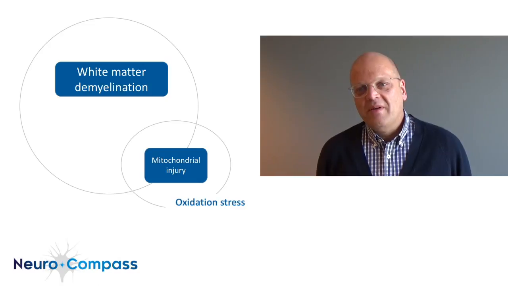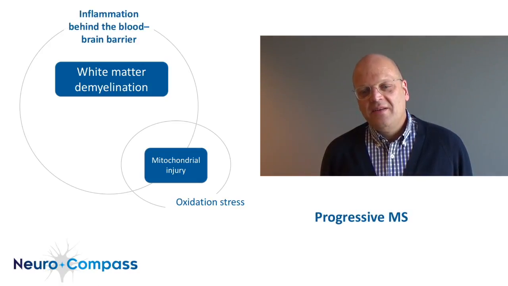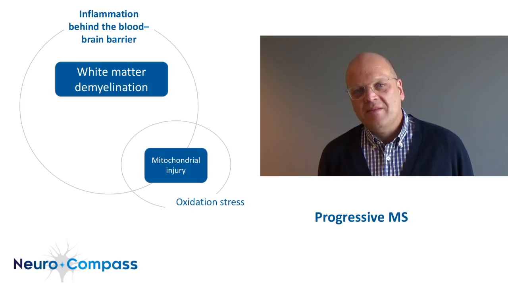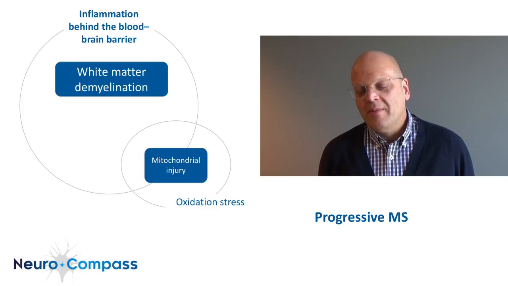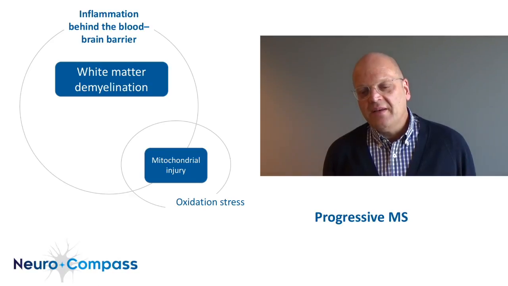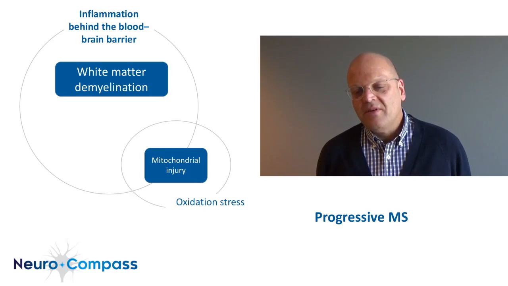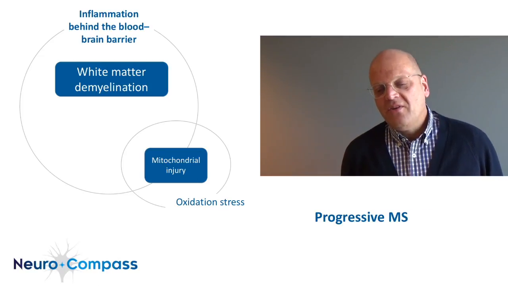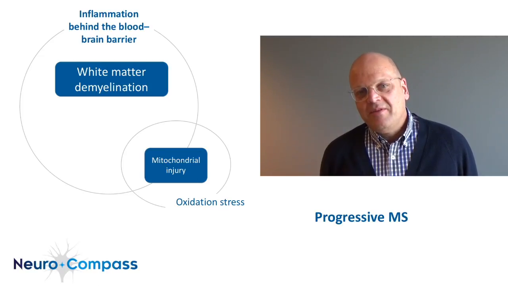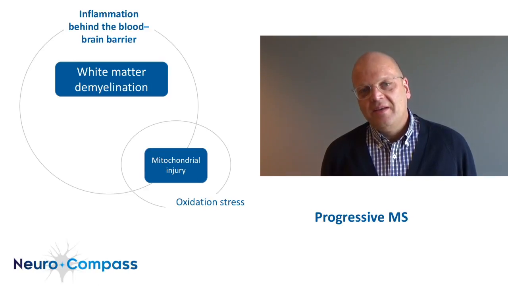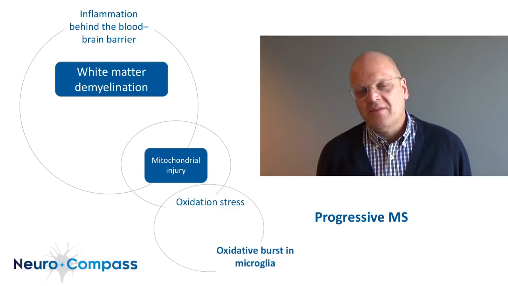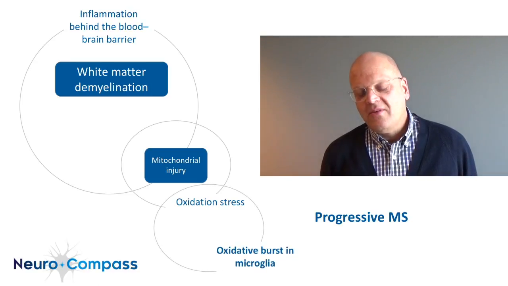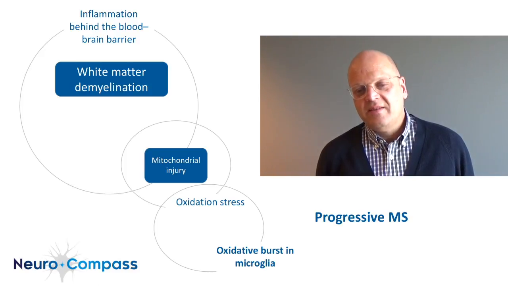When the disease gets progressive, the nature of these lesions changes. They are not driven anymore by the peripheral immune system. We talk about the so-called compartmentalized inflammation at that disease stage, where the blood-brain barrier is closed, and behind the intact blood-brain barrier, the lesions are still inflammatory. However, the inflammation changes from the adaptive immune system that drives the relapsing remitting disease stage towards the innate immune system, and here especially the microglial cells in the central nervous system that drive lesion formation in the white matter in the progressive disease stage.